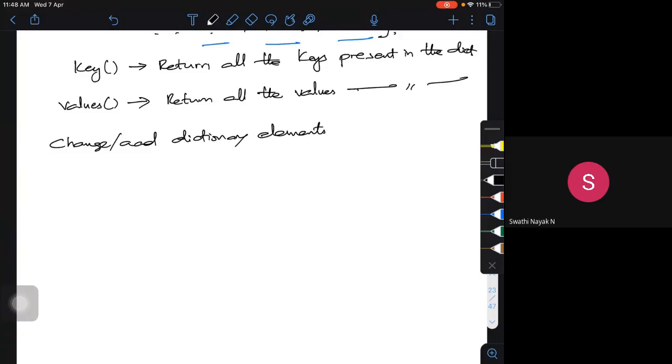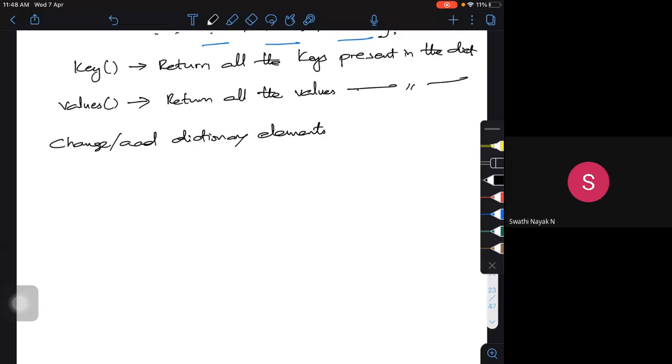Dictionaries are mutable. We can add a new item or change the value of an existing item using an assignment operator.